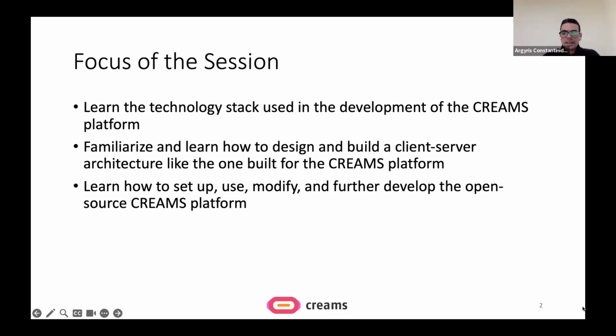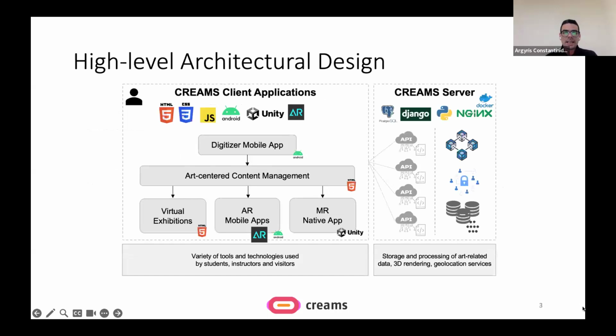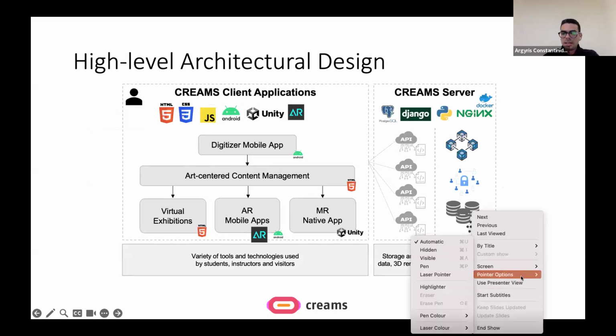So as a first step, I'd like to guide you through the high-level architecture design.